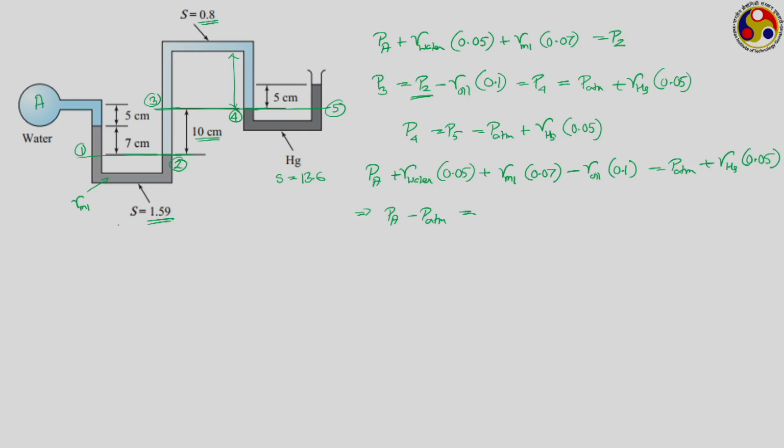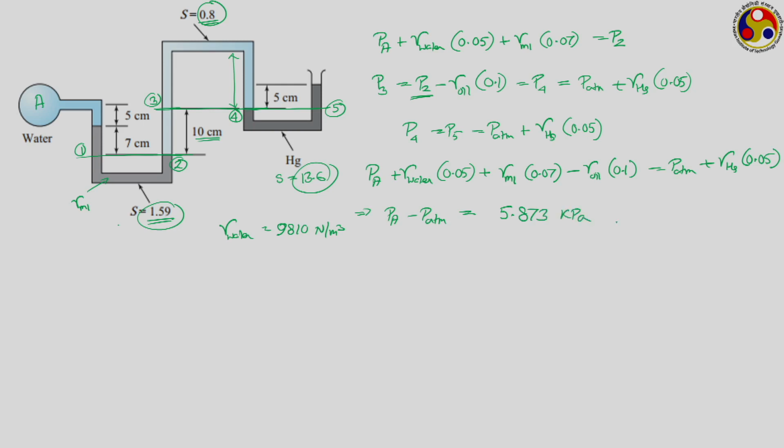Now, what informations are known to you? You know all the heights which I have already mentioned in the equation. Gamma water can be taken to be 9810 Newton per meter cube, like in the previous problem. Gamma M1 will be equal to 1.59 times this gamma of water. Gamma for oil will be 0.8 times gamma for water, and gamma for mercury will be 13.6 times gamma for water. If we combine all of them, again I have pre-calculated the number, your answer will be coming as 5.873